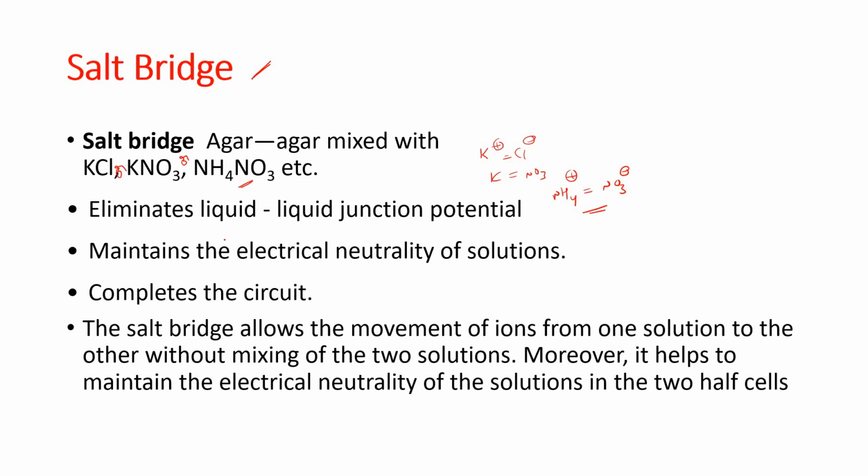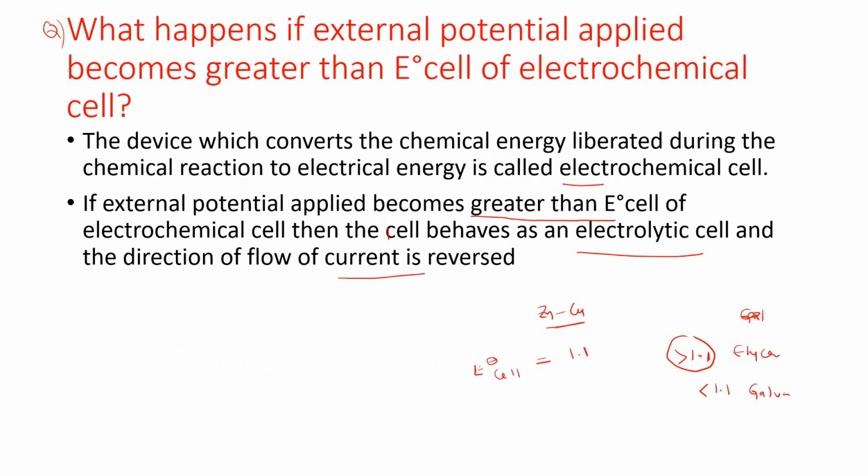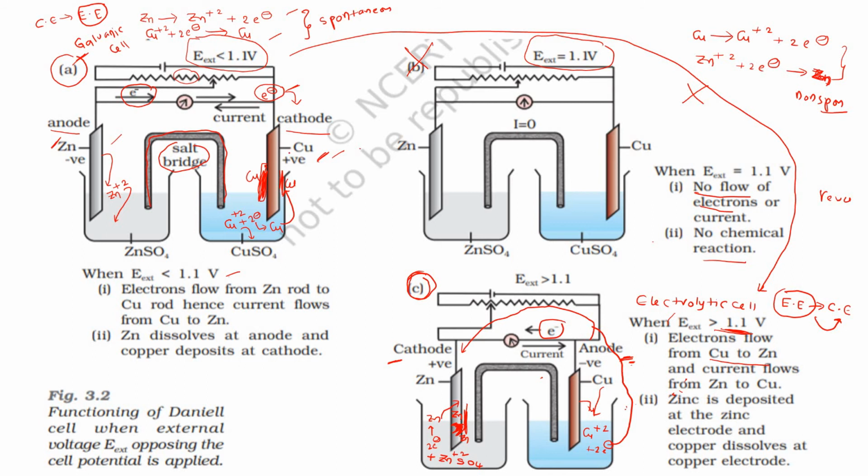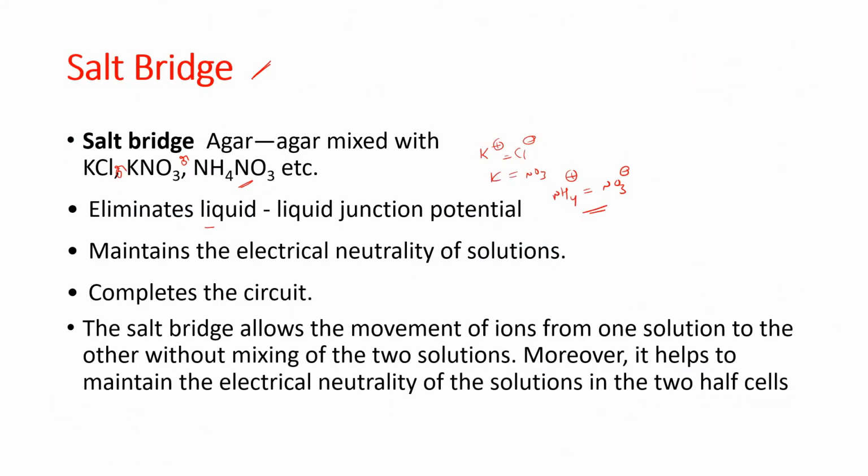Now what are the uses of this one? It eliminates the liquid junction potential. See, when you observe here, because of the potential difference between the zinc and zinc plus 2, here it is zinc plus 2. The solution has what actually? Copper plus 2 solution. So zinc and zinc plus 2 will develop some potential difference. They will be accumulated here. That can be eliminated by the salt bridge here, isn't it?